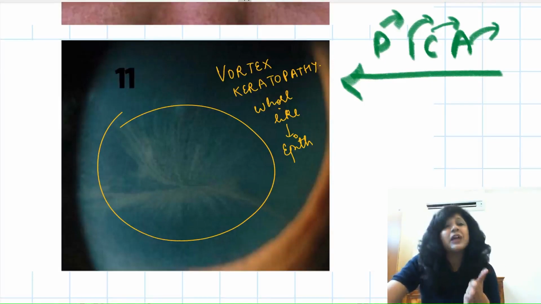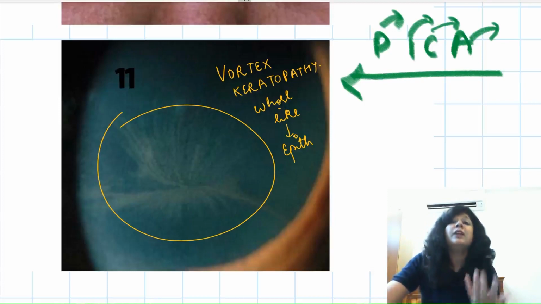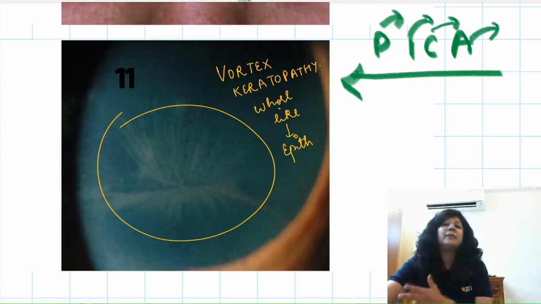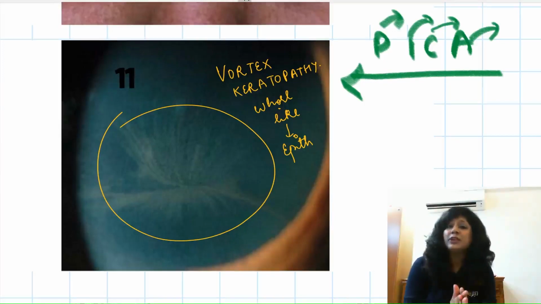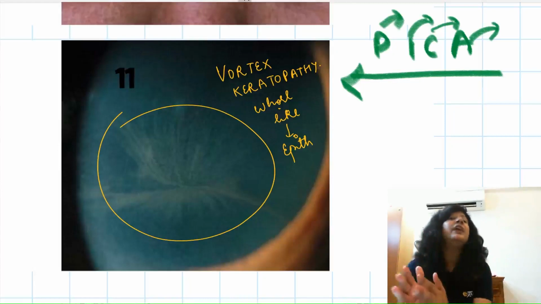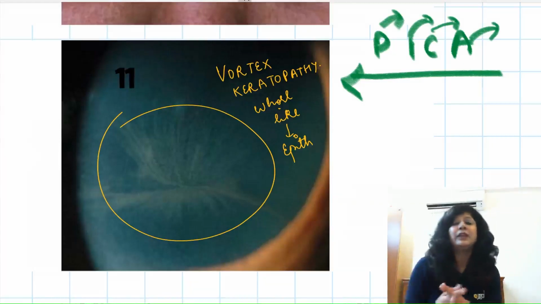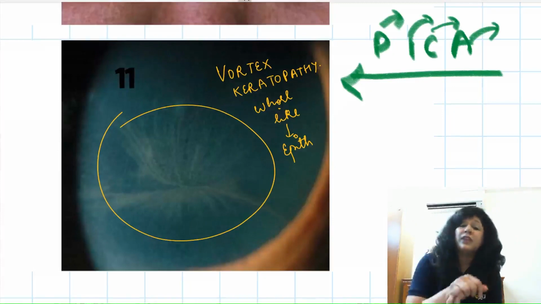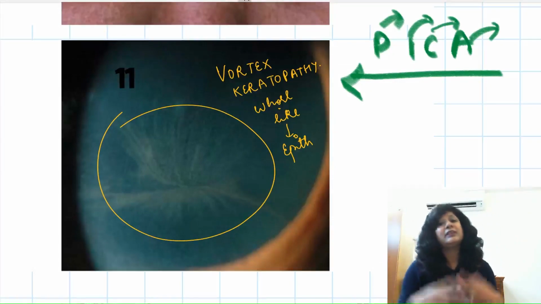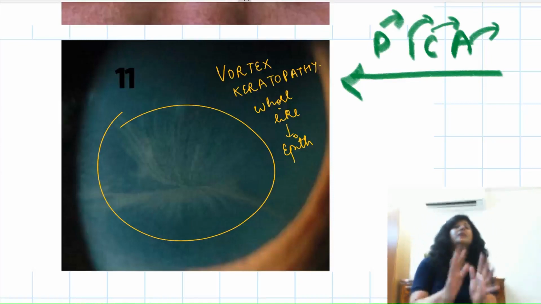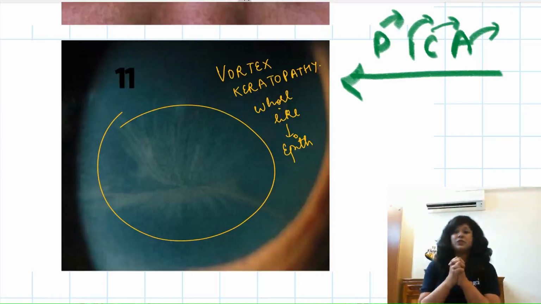So many times they ask you a question: what should not be done at this time? The answer is the thorough slit lamp examination, because it's an emergency condition, it's a painful condition. So first you need to do the intervention. Examination can be done at a later time. So you have to give the citrates, do the irrigation, do the debridement, give so many drugs, and treat the complications. After that we can do the slit lamp examination.